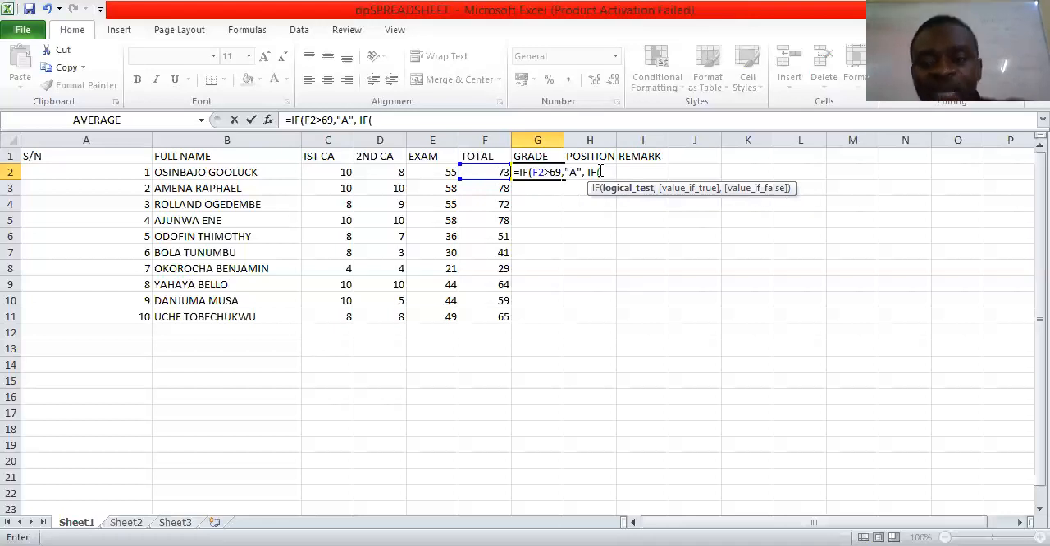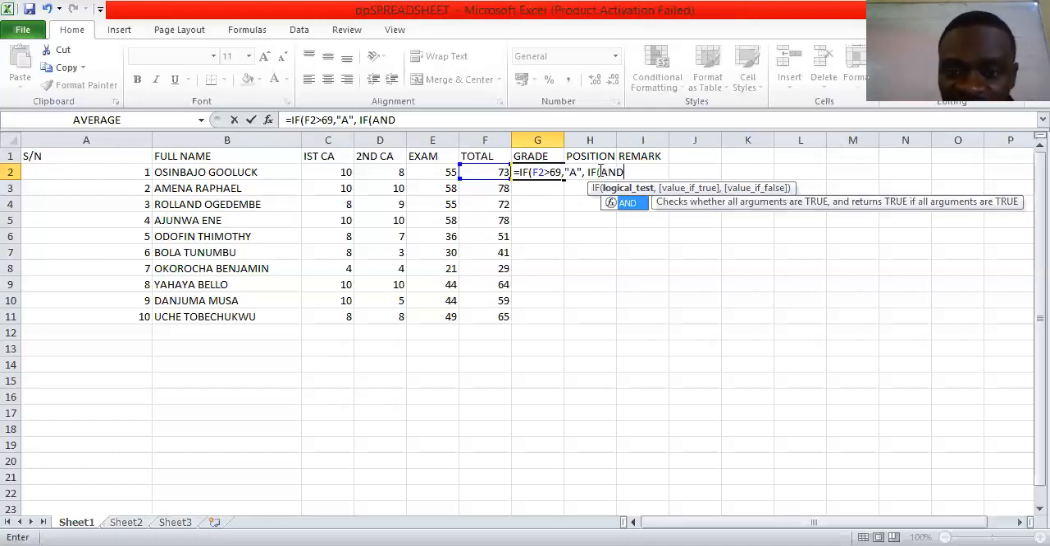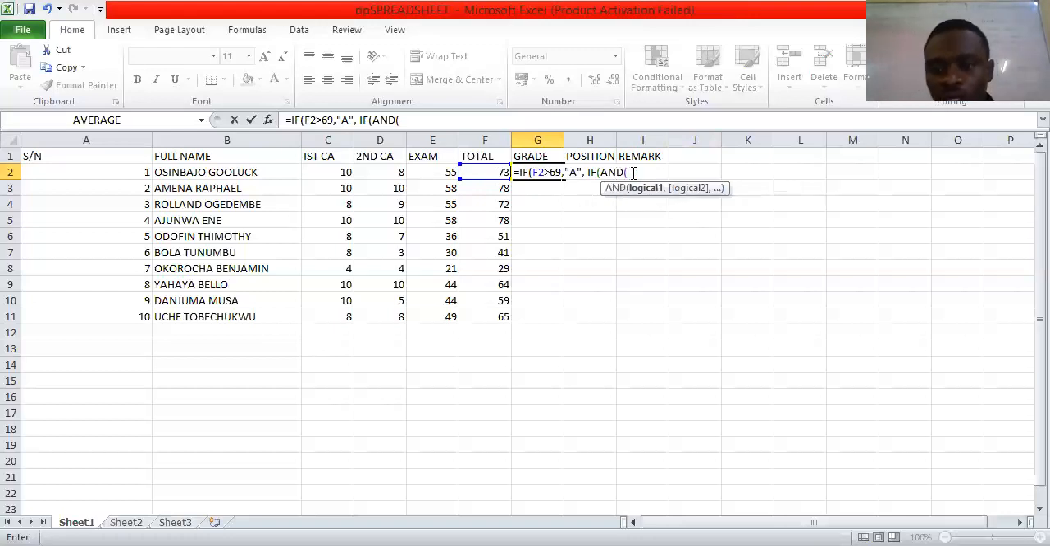F2 is greater than 69. But I want to join two. So instead of saying if A is less than B and B is, you put the if and the and together. So if and. Okay, this first parenthesis or bracket that was open was for if. Let me open another one for and, because these are two functions. Okay, if and, now what I'm trying to say is if